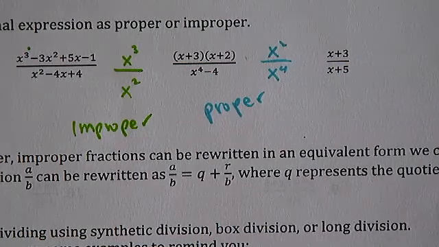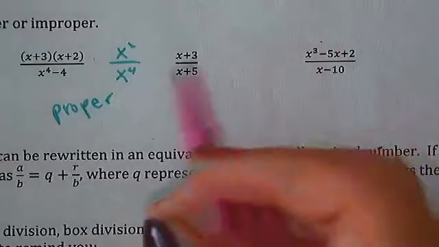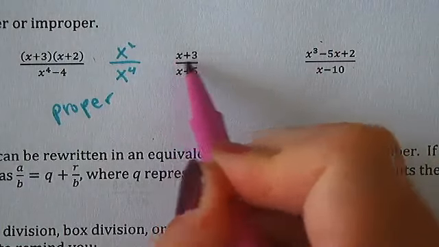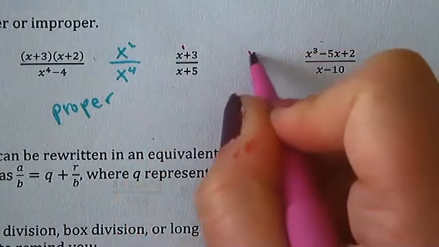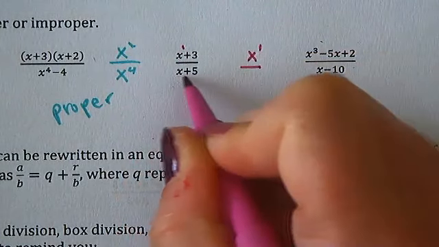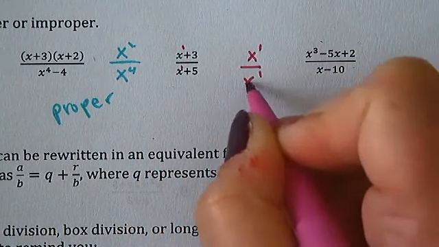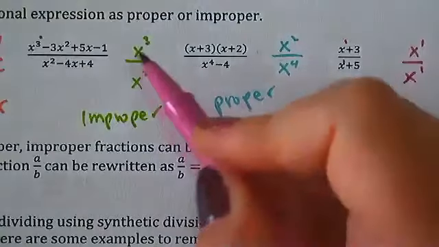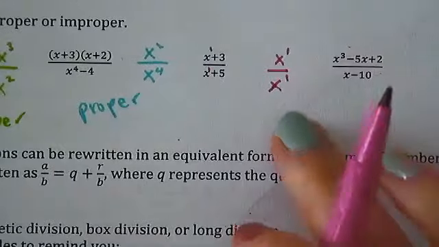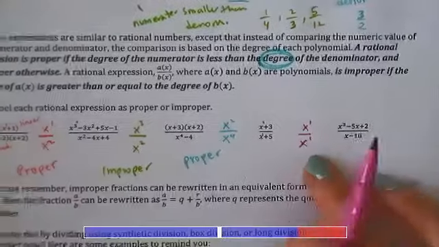All right, now to give you guys a little curveball. By definition, look at this fourth one. What's the highest degree here in the numerator? A 1, so it's linear. So this is x to the first over, how about this one? Another x to the first. It's the same top and bottom. It's not smaller on top than bottom, and it's not bigger on top than bottom. They're actually equal. By definition of rational expressions,